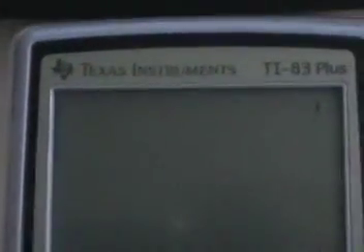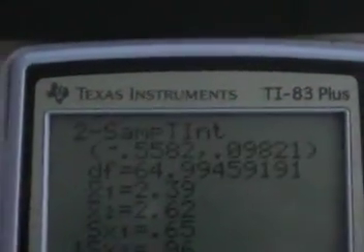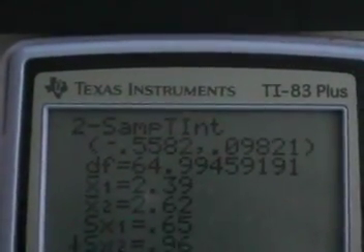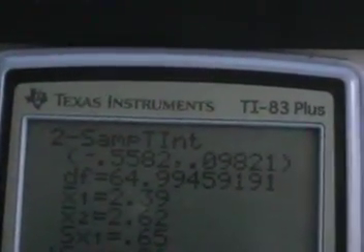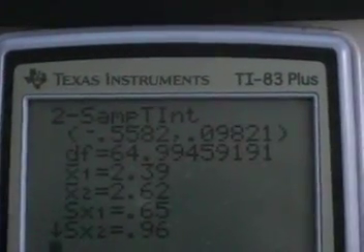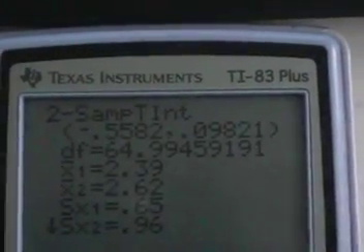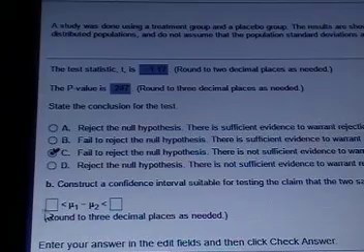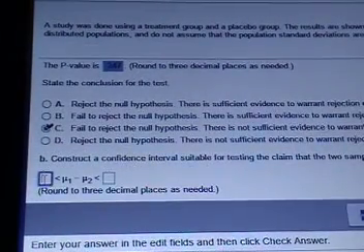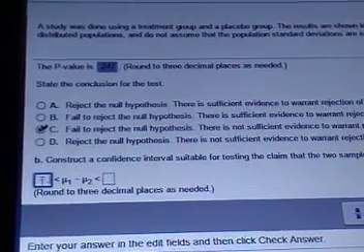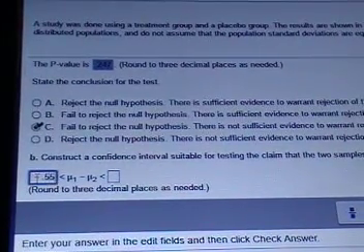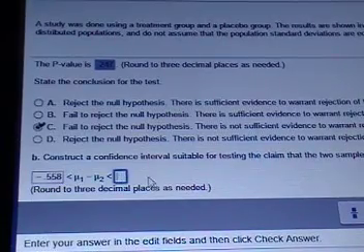Calculate. So here comes my confidence interval. Negative 0.55 to positive 0.098. Round to 3 decimal places. Negative 0.558 and positive 0.098. And here's that deal again that we saw on the other test. One of these intervals, the beginning of the interval is negative 0.558, and then the other interval is positive